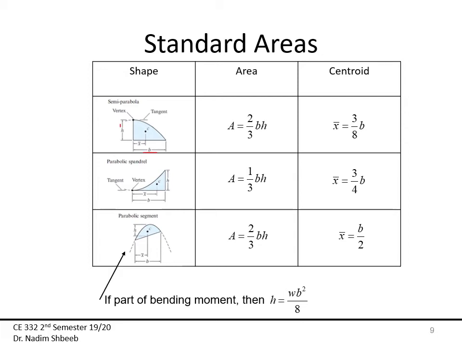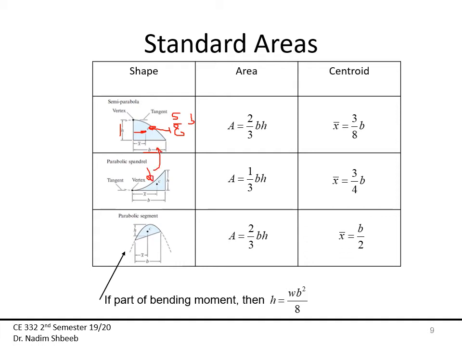This is B, and then this is H, and then the centroid, which is measured from the vertical right here, is 3/8 of B. If I measured it from here, then this is just going to be simply 5/8 B. If I have a parabolic spandrel, and this is usually when we have the overhangs or the cantilever, then this is going to take this shape